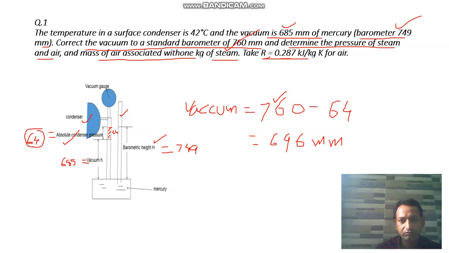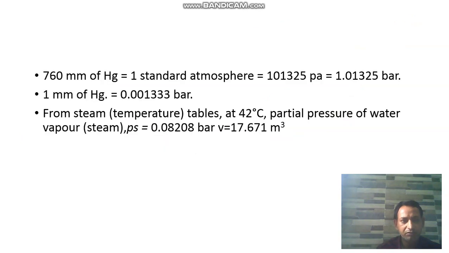Now this absolute pressure of 64, which is in terms of mm of mercury column, is to be converted into bar. One thing has to be noted: 760 mm of mercury column is equal to 1.0132 bar. So 1 mm of Hg can be found by dividing this